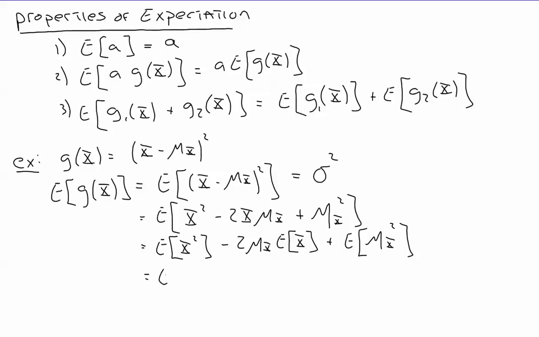And so this is just going to be the expected value of x squared, or my mean squared value, or my normalized power, minus 2 mu x times the expected value of x. The expected value of mu x squared is just mu x squared. The expected value of x is just mu x. Simplify this one more step, and I get